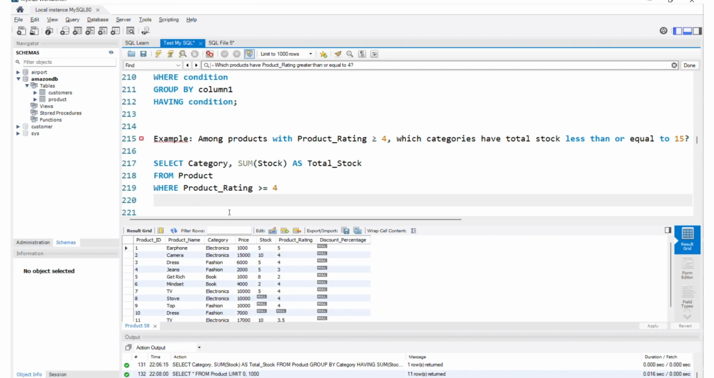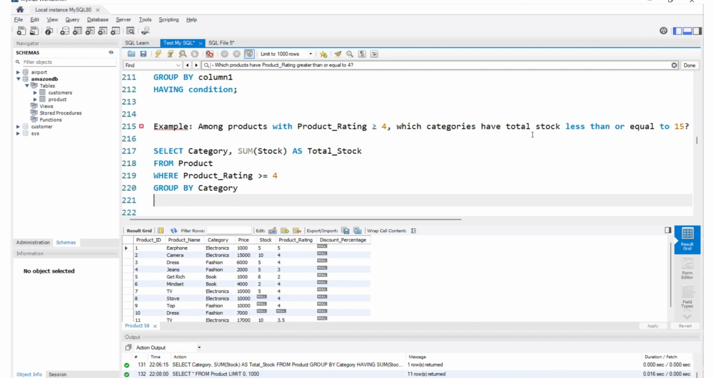Then we are going to group it with categories. So now group by category, and then we are going to filter it. For that, how we are going to filter it: the total stock should be less than or equal to 15. So having,